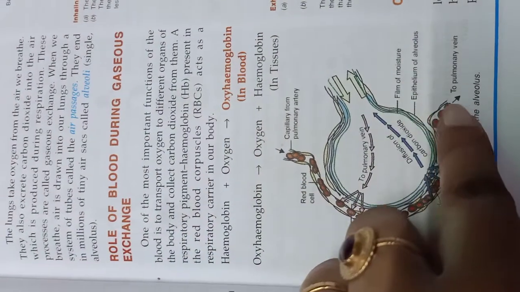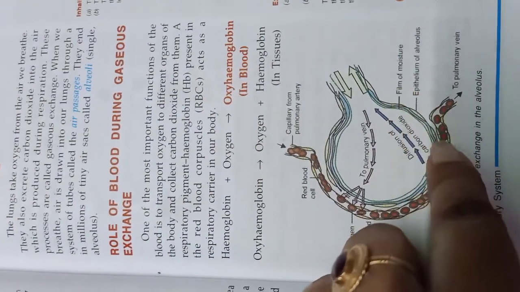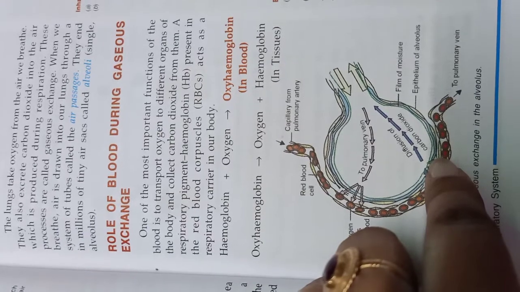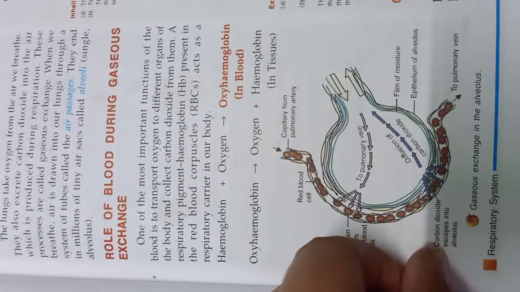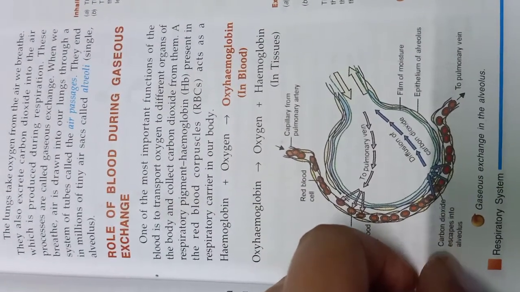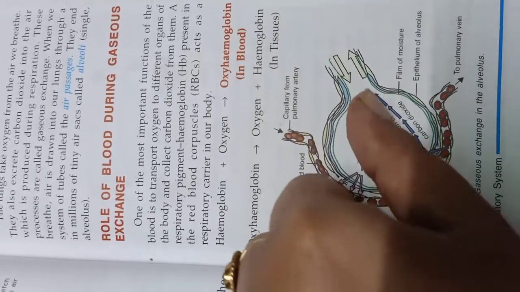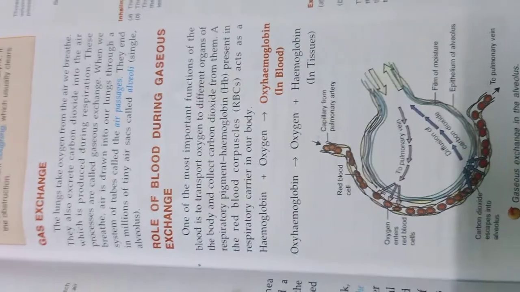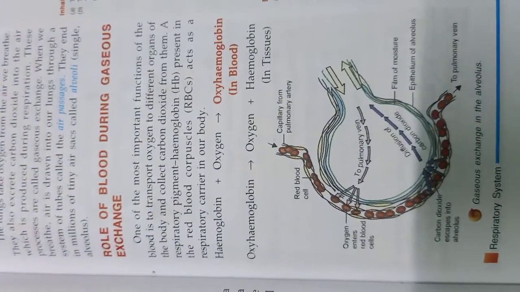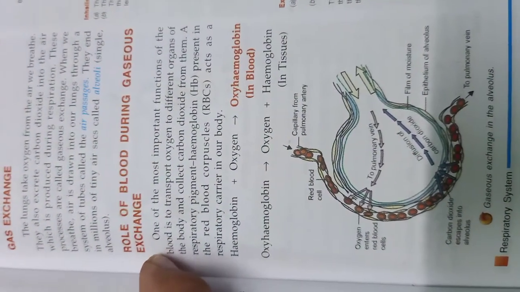The epithelium of the alveolus is here, you can see, then a film of moisture is here, and in this gaseous exchange, the carbon dioxide escapes into the alveolus through this pulmonary vein. So in this way the gaseous exchange takes place. Now we see the next topic,